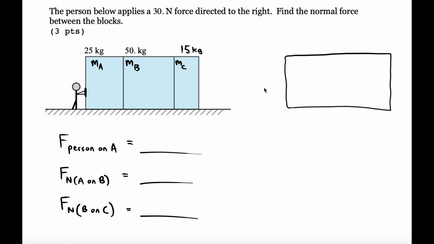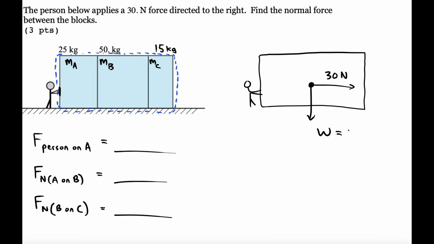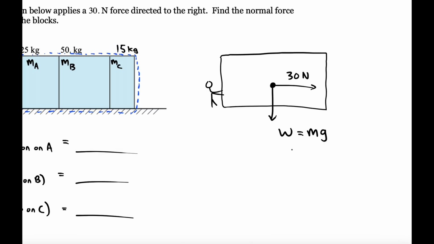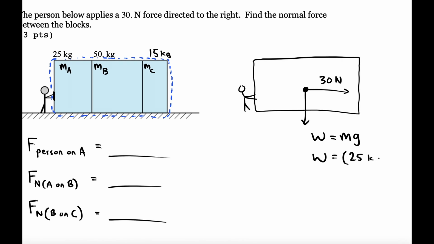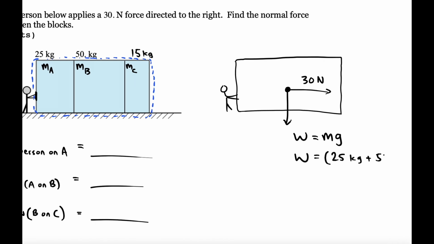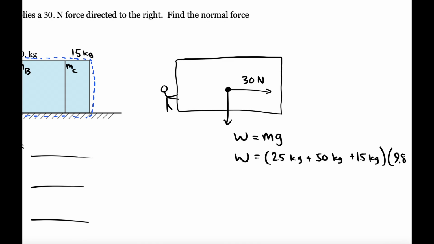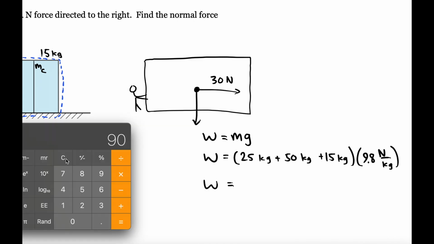So ignore the cuts in the object and just imagine that you're applying that push of 30 newtons to the whole thing. So basically I'm treating the whole set as the system at the current time. Okay, then you'd want to find the weight of that system. So I'd use mg for that. In this case, it's going to be a sum of all those masses, 25 plus 50 plus 15, and then you'll multiply by 9.8. So it's 90 kilograms total,